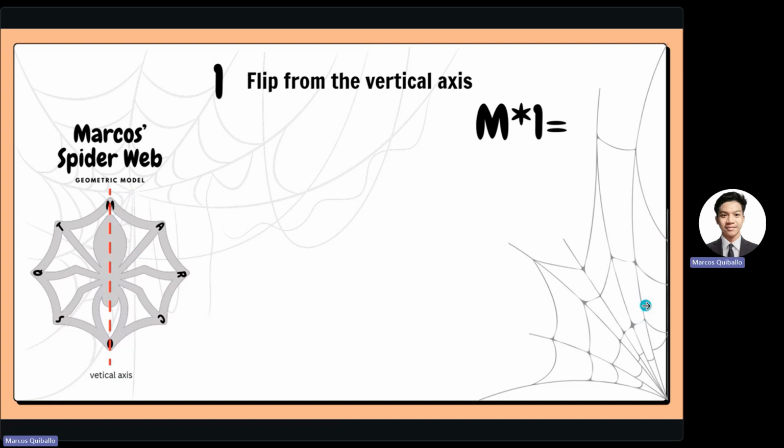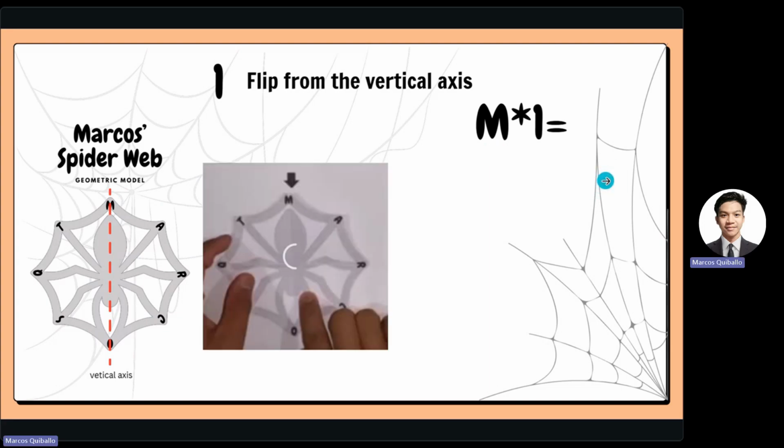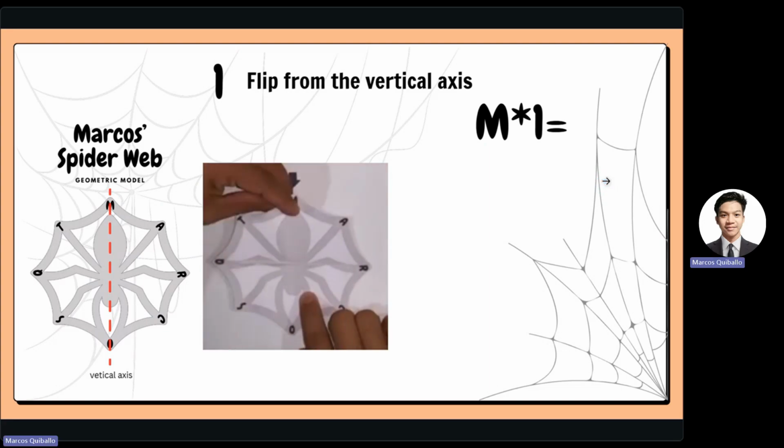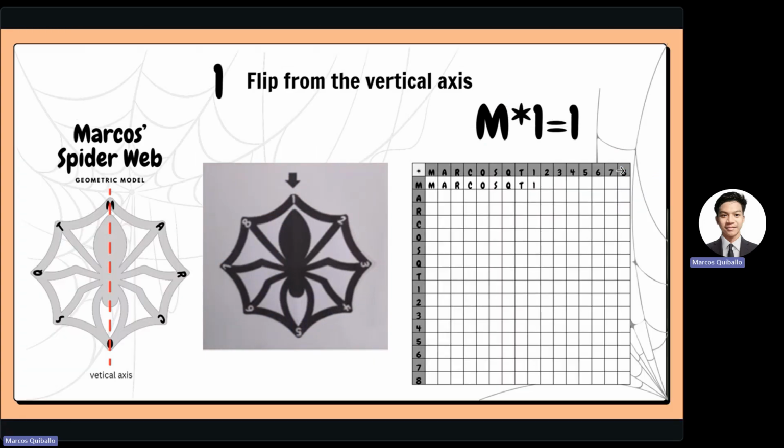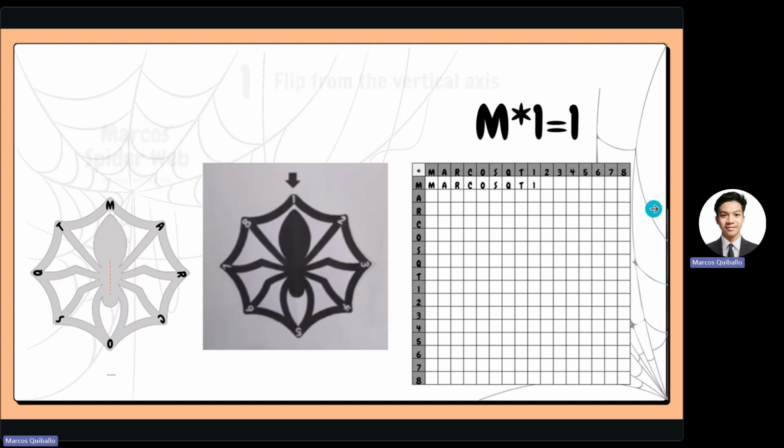So if M star 1, M is our initial point, and when we flip the model from the vertical axis as 1 defines it, let's see the model. So M star 1, which 1 defines flip from the vertical axis, our resulting element is 1. So this is our table. So next one,